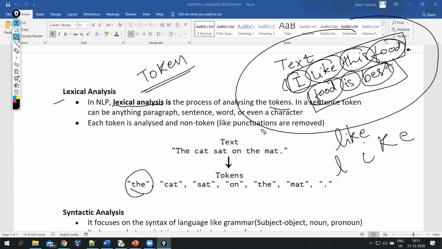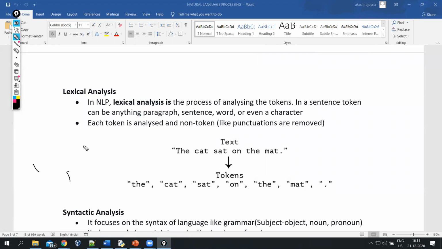Okay, so to make it simple, whatever your text is, each word is a token. And now, it also considers punctuation. For the computer, these punctuations are not different, but we all know that punctuations are different from words. So we remove the punctuations basically while understanding the text. That depends on the domain. But for this assignment, we will remove the non-tokens like punctuations and all other things. So basically, lexical analysis is simply breaking down into tokens and analyzing the tokens.